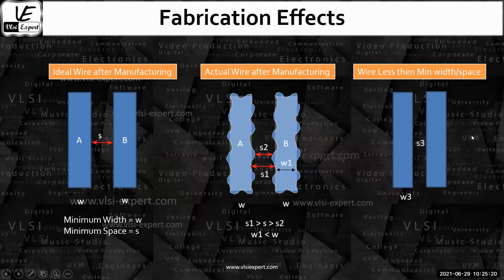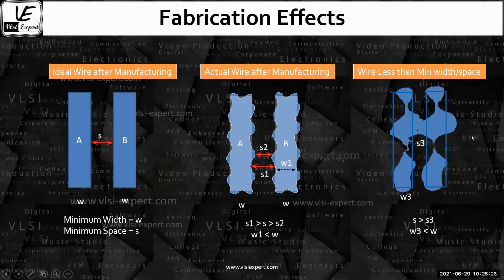there is a possibility that the final structure which you will get is going to be something like this. So if you will see in this particular structure, the two wires, the A and the B, even in the worst case, foundry is saying, okay, they are going to be considered as two wires. They are not going to short. Yes, width is going to be greater or less than the minimum width. Spacing between the wires can be less than or greater than the minimum spacing. But even after that, there is nothing like an open circuit or a short circuit in this particular scenario.